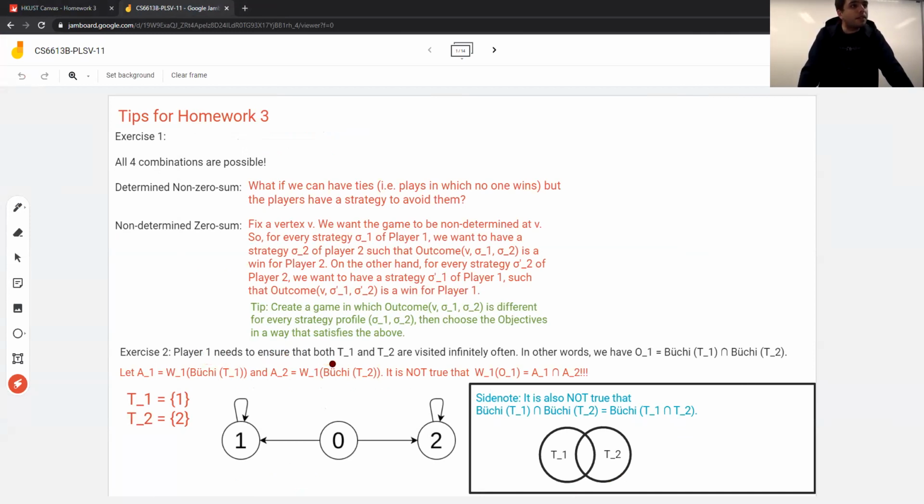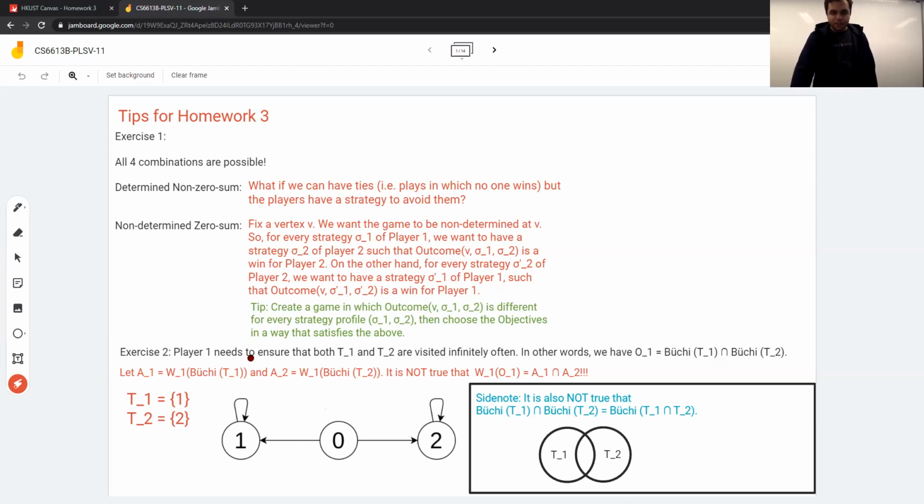Sorry, can you also consider the case that player 2 wants the game to not visit Büchi T1 and Büchi T2? I don't understand what it means to visit Büchi T1. Actually, I mean, to get Büchi T1 or Büchi T2. Because you said, yeah, that's also correct. Yes. So player 2 wants to either make sure that we have co-Büchi in the complement of T1 or co-Büchi in the complement of T2. Yes. Okay, so